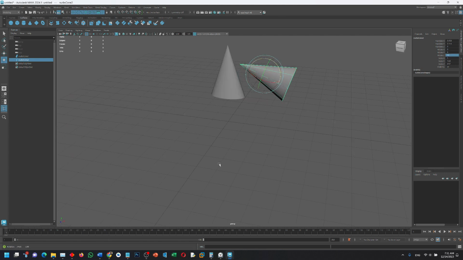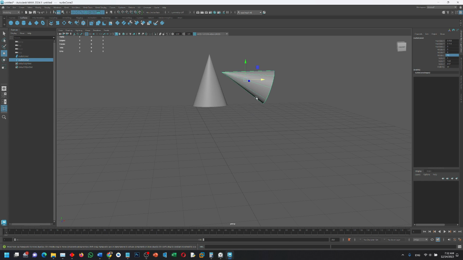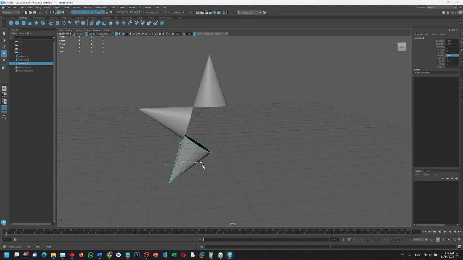This is the rotation of 72 degrees for this cone, and I can take it over here and corner to corner try to align it a little, and then I duplicate it again, and 72 2 times is going to be 144, and this guy goes here,